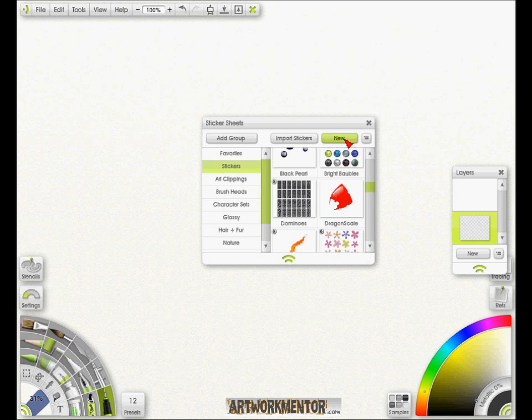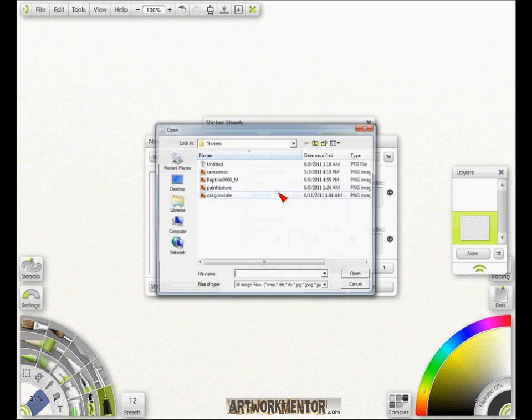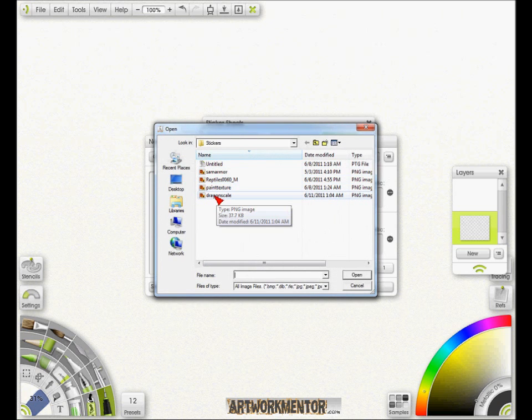But to import it, you just click new, and this is where it says name sticker sheet. This is where you want to label it. I labeled it a dragon scale. And then to import it, choose the color and click the radial here to browse to that new design that you created,